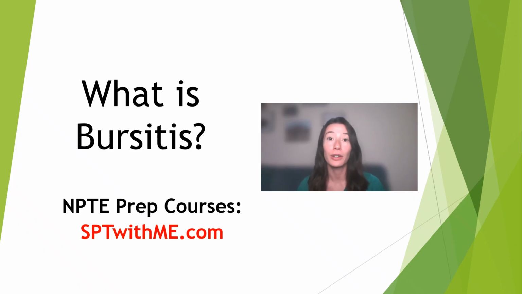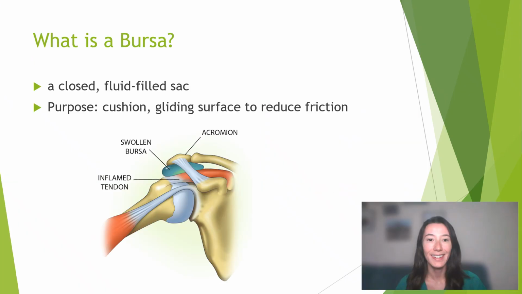Now for what you're actually here for, let's talk about what a bursa is. A bursa is a structure within our body that essentially is a sac filled with fluid, and the purpose of the sac is to provide cushioning and decreased friction in areas of movement or significant movement. So think about areas like tendons, areas between tendons and bones, between muscles and bones, and even between skin and bones. Every single time that you move, there's going to be friction in those areas, and a lot of friction ultimately can cause pain. But with the structure of a bursa between those two areas in which there is friction,